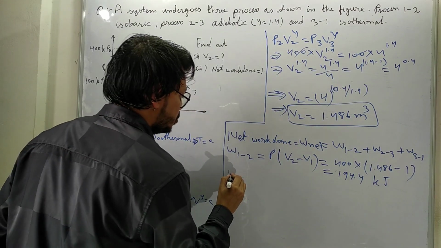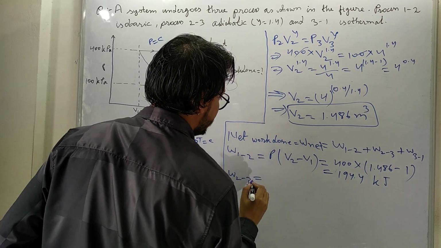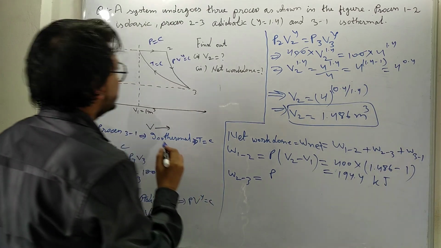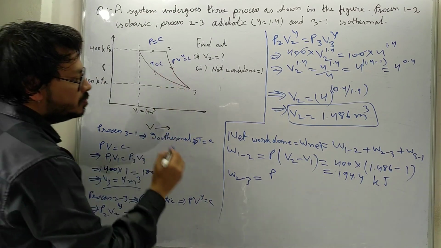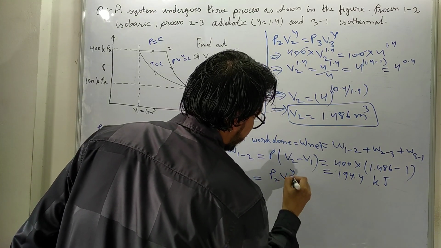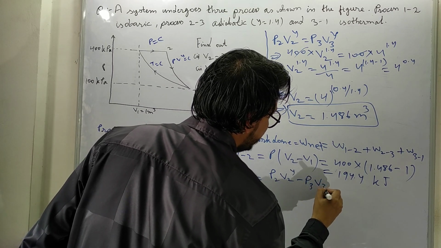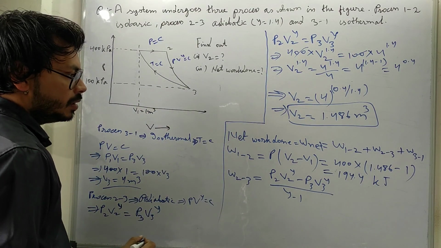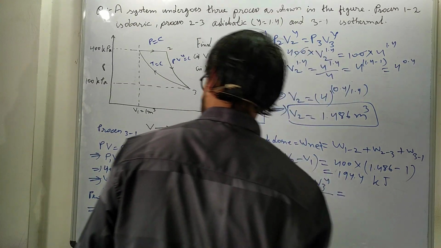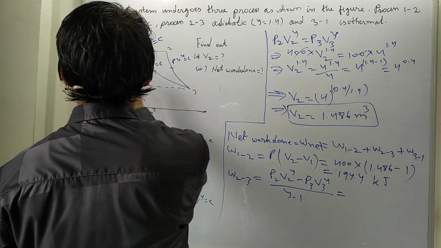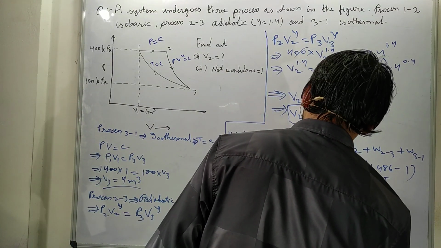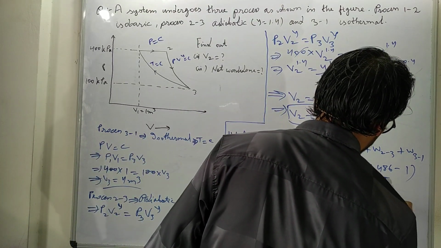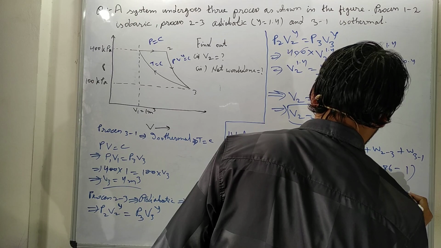Now process 2 to 3. 2 to 3 is an adiabatic process, and the work done is given as P2 V2 to the power gamma minus P3 V3 to the power gamma by gamma minus 1. So putting this value, we will get P2, we have already given, it is 400, into V2 we have calculated it as 1.486 to the power